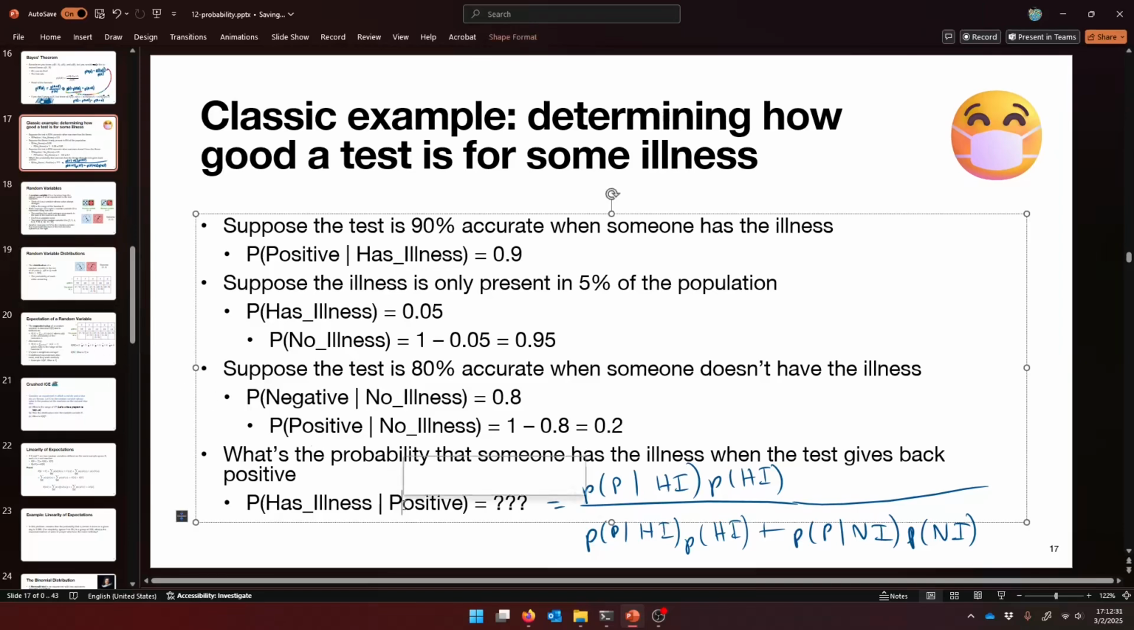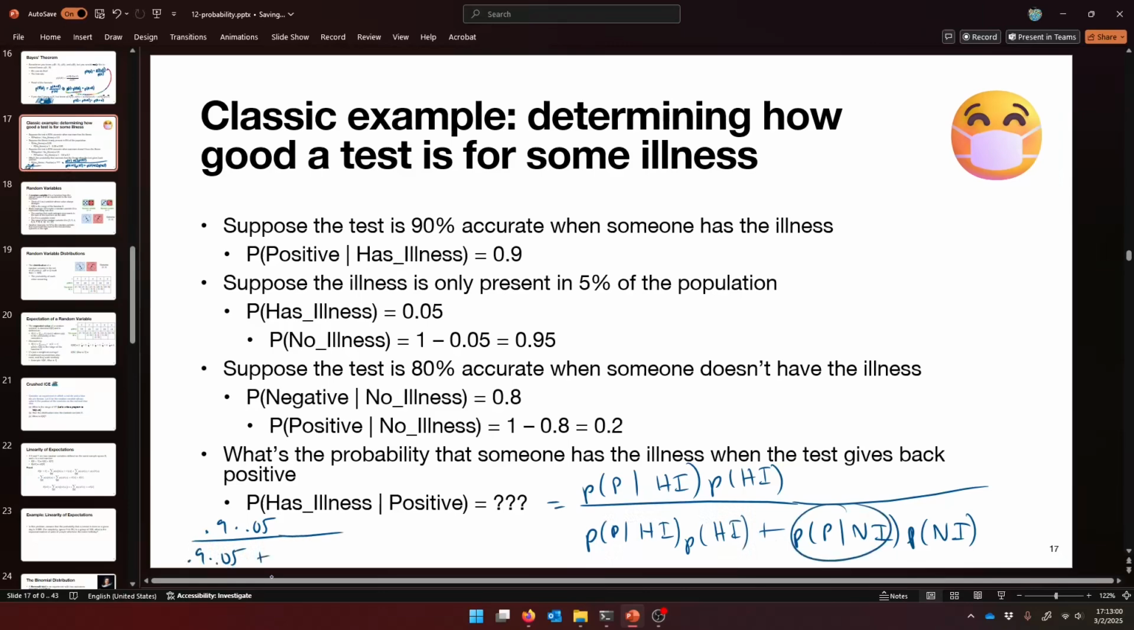All right, that's what we really want right now in a population. So that's what we can calculate, and we just plug these in. We have all these values. Probability that it's positive given that you have the illness, that's 0.9, times the probability that you have the illness, which is 0.05. That over all that again, 0.9 times 0.05 plus